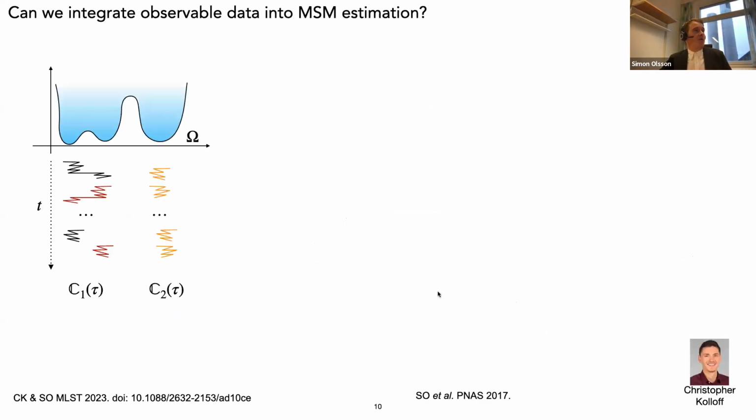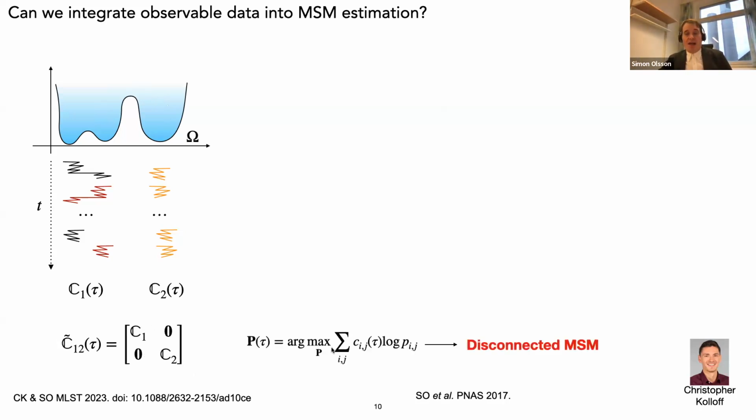One of the problems with Markov state models that we often see is that when we initialize simulations in different metastable phases, we never see transitions between the major metastable basins. So we don't have any statistics of what's happening over this barrier, for instance. The corresponding problem is that when we collect our transition counts in the transition matrix, we have a block diagonal matrix where we don't have any connections. And this leads, when we are doing a naive maximum likelihood estimator, to a disconnected Markov state